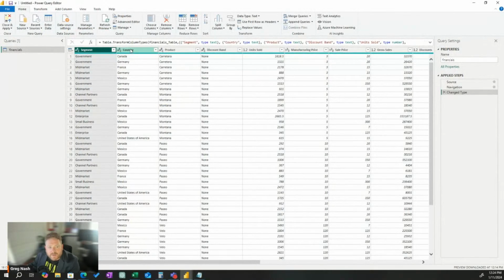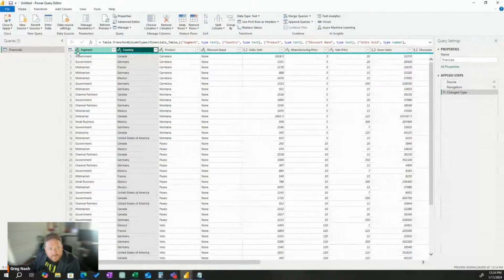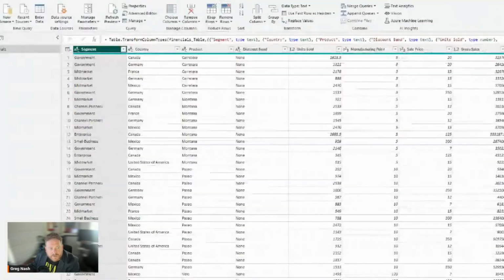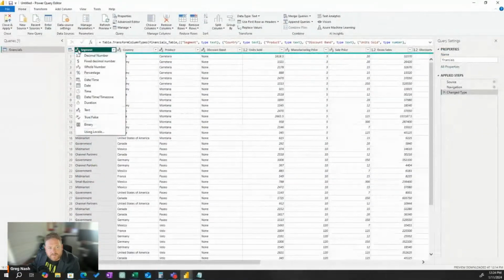And then you can click here and that will select the column. You can click on the little ABC 123 icon here. That will change the data type of that column. And then you can go to these choices. You can change something to a decimal number. Oh, sorry, I keep zooming and then it's not working.